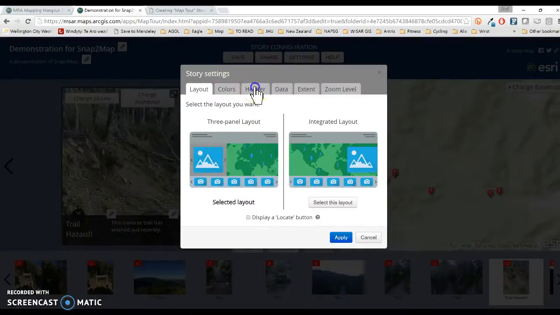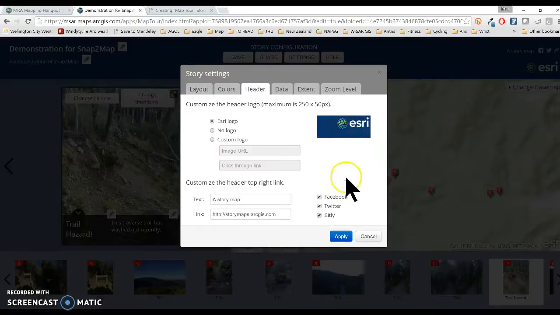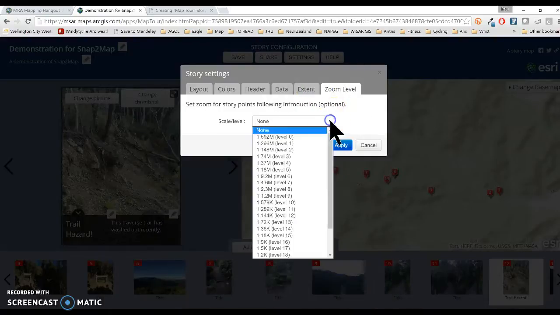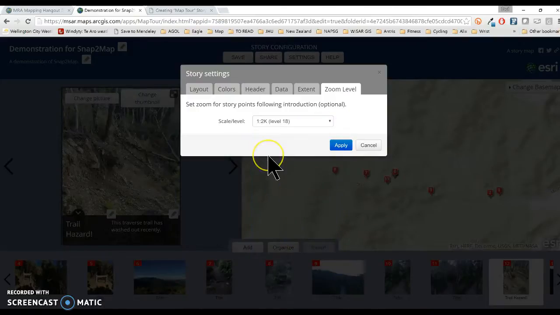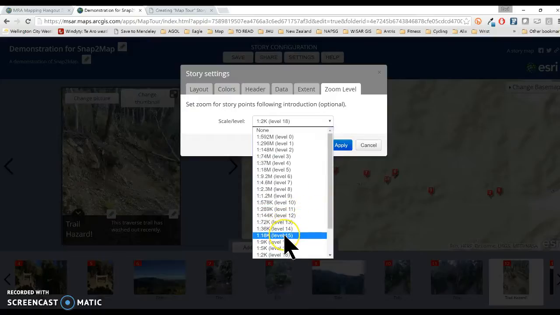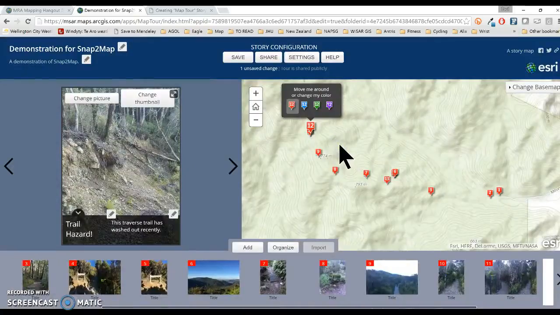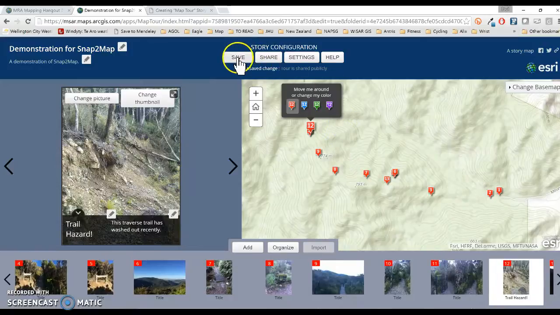It's also here in the settings where I can change the header, like custom logos, and how this map will be shared. The starting extent of the map. And an important one for a map like this is the zoom level. I want to make sure that as I click on each point, the map's zoomed in and centered over each photo. In this case, I'll choose something close to 1 to 24,000 like our USGS topographic maps. I'll choose 1 to 18,000. Now I'll save my map,